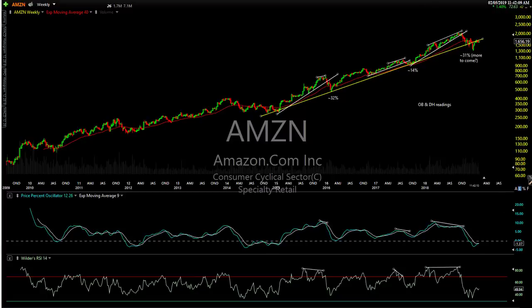When I look at a lot of things here, I can see this PPO trend indicator. The 9 EMA is below the zero line, as it was back here and here. And remember, there's a couple things. We are over 10 years, roughly 10 years into the second longest or almost the longest bull market in history. So we know that eventually we're going to have a recession, we're going to have a bear market. You can say that, well, we could have had one a year ago, could have had one 2 years ago,